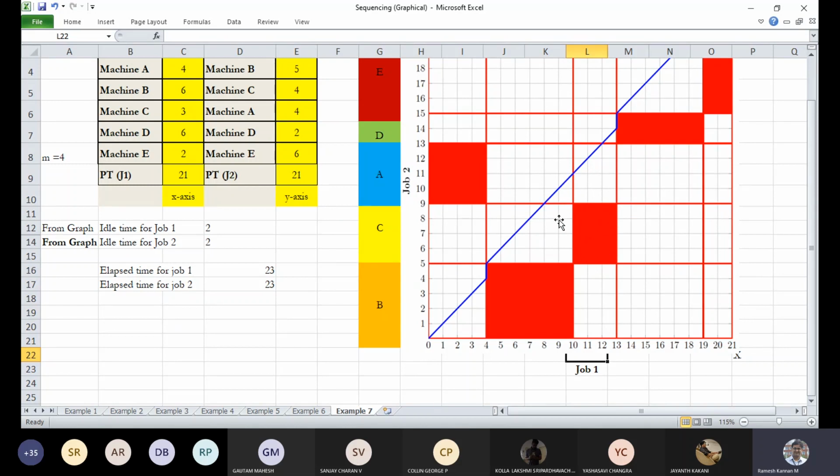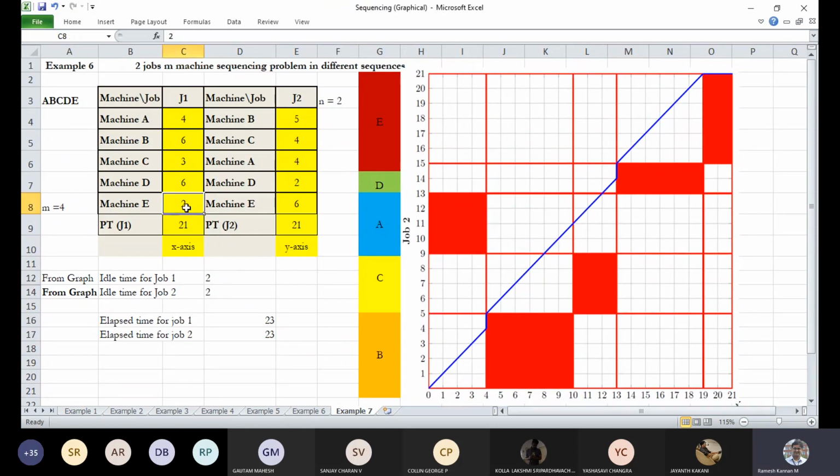So absolutely not necessary, right? Then we'll go back to D. D has 6 on the x-axis and 2 on the y-axis. So that's why D has 6 on the x-axis, and that will correspond to D here, which is this cell, having only 2 duration. So that's why we mark this particular block, right?